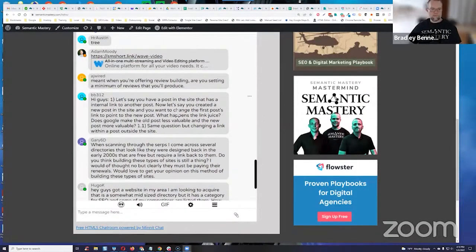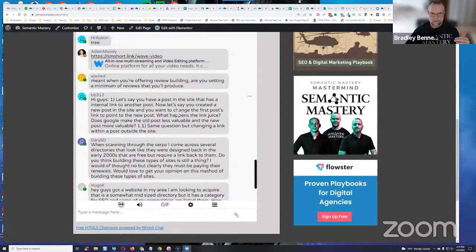Well, it's not that Google makes one more valuable or less valuable. It's where are you directing the internal link equity, right? So internal link juice or link equity, some people call it in rank, other people call it in links. It's internal link equity, right? That's the way I look at it. Whenever you change an internal link from one page to another, or one post to another, all you're doing is directing that internal link equity away from one into another.